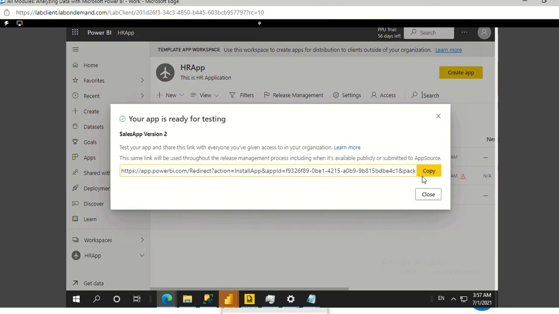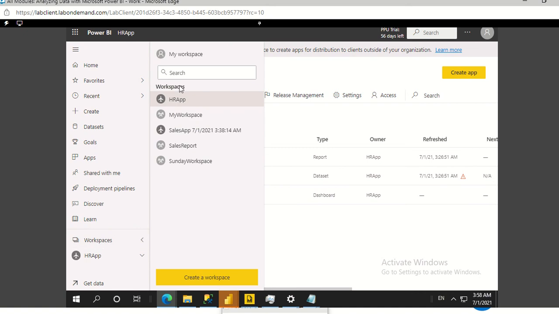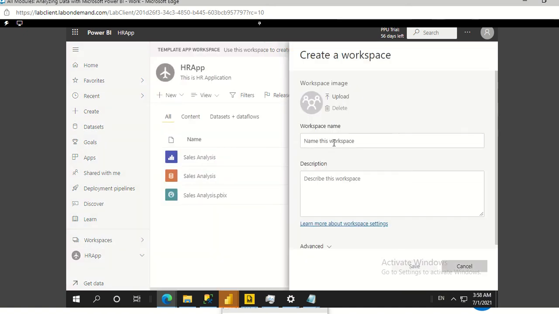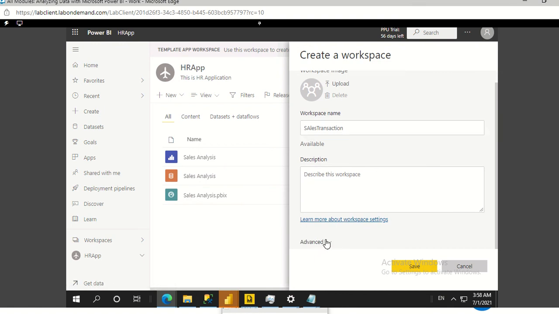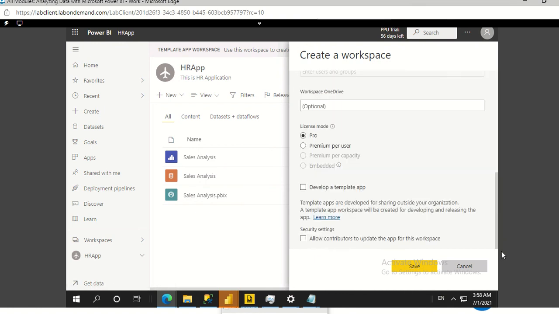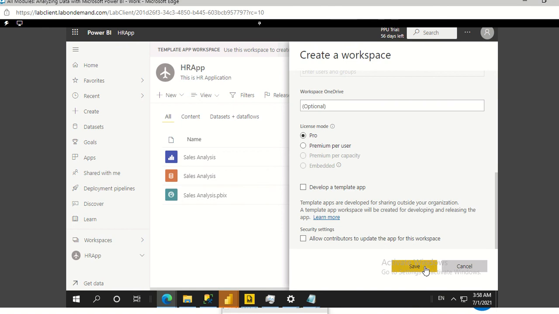So the app is being created. When we try to create again, it's going to start with this testing, so we don't need that. All right, so another way, which I'm sure is what some of you did quickly, you come to Workspace, create a new workspace, call it sales transaction workspace. Under the advanced, once you do not select develop a template, it won't show you the release management. So if I click on this,